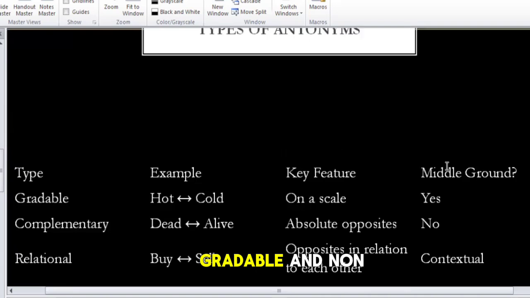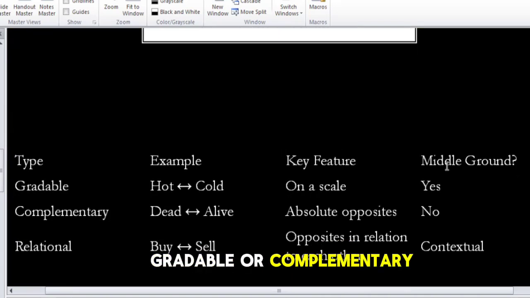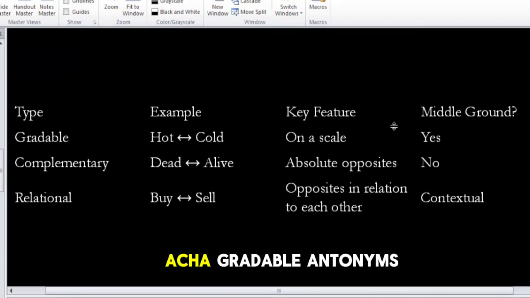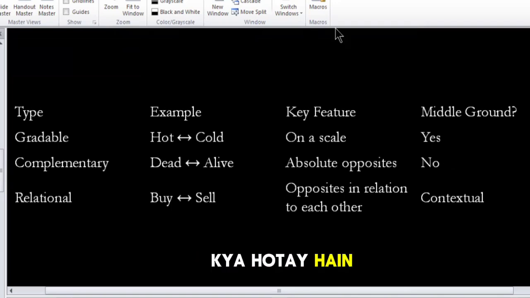and coming to the gradable and non-gradable or complementary antonyms. अच्छा, gradable antonyms क्या होते हैं? Gradable antonyms are the antonyms that are based on some specific grade or a scale. अब ये grade या scale जो है वो that is not that much clear but that is mutually understood by the society. उसके according हम इनको divide करते हैं. For example, we have a word that is hot. अभी hot का antonym या hot का opposite क्या है?